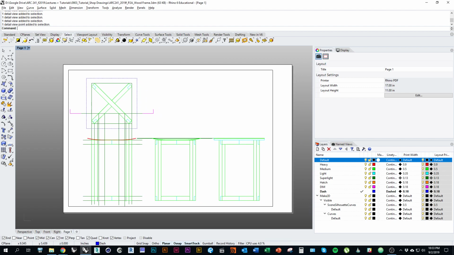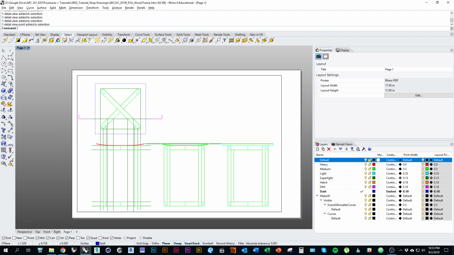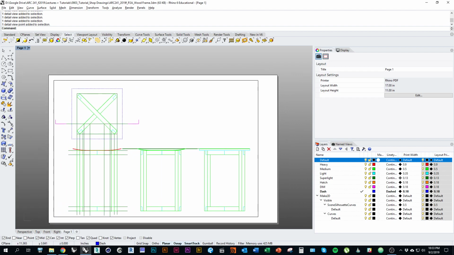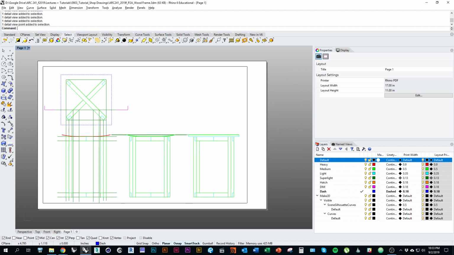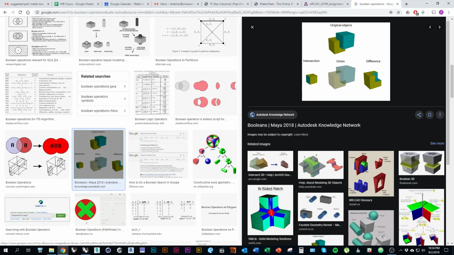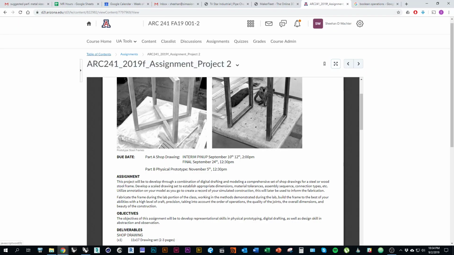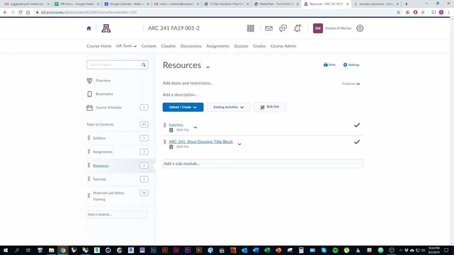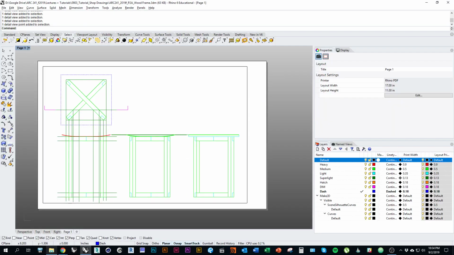And the real reason that I want to show you this part before we get too far is number one, so that you can kind of lay out your drawings effectively. And number two, you can line weight them effectively. The first part of that is you'll have to go to D2L. So go to our D2L site, go to Contents, and go to Resources. And under Resources, there's a 3DM file called Shop Drawing Title Block. And if you download that file,